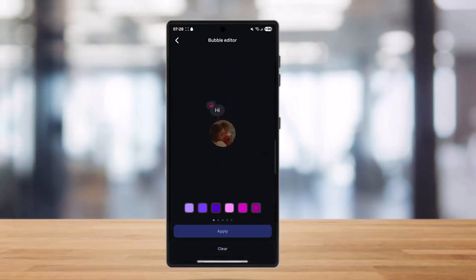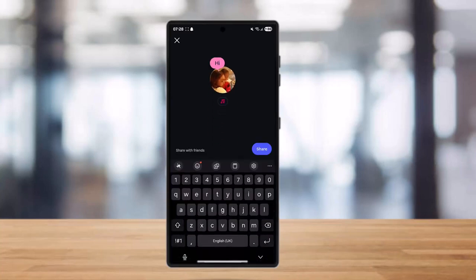which you have written. Now you will get different colors as an option. You can select any color you want to apply and tap on the apply button. After you have done this, you can simply hit the share button to share it, but you can also add